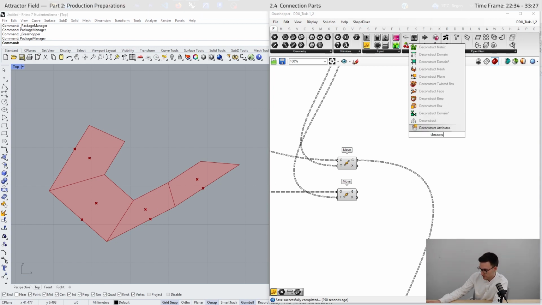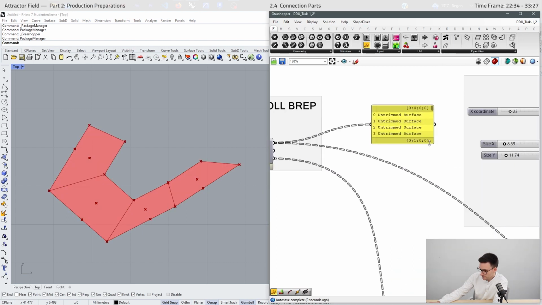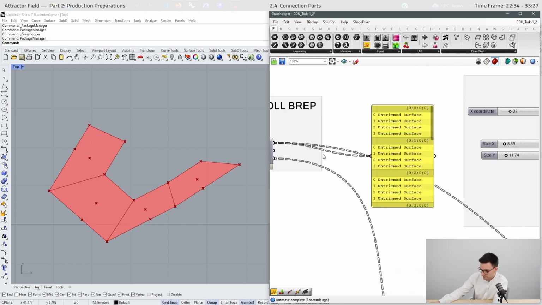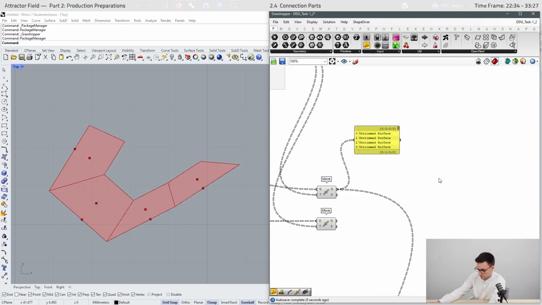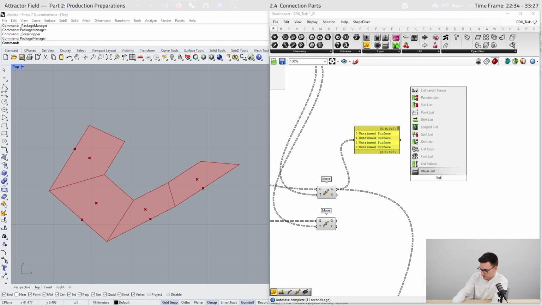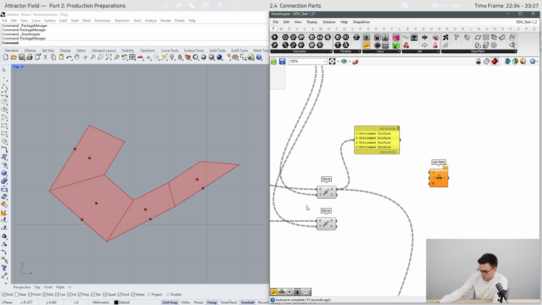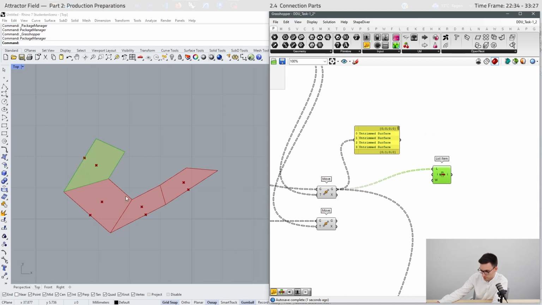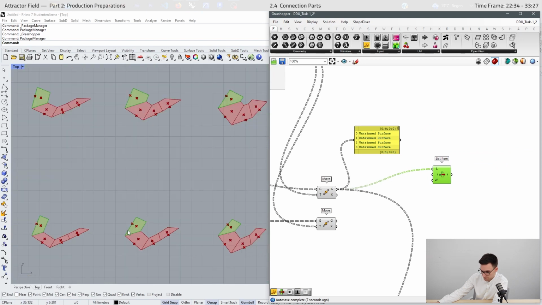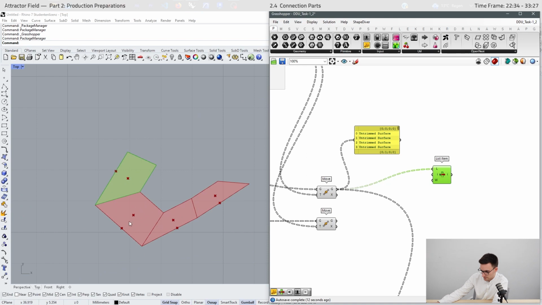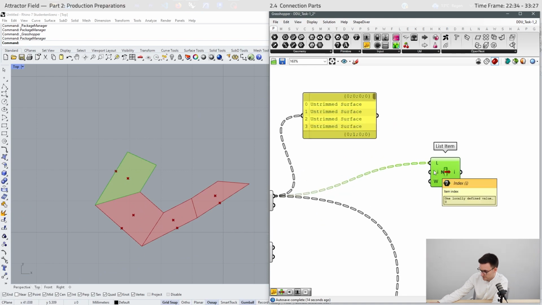Just deconstruct. We receive our BREP as surfaces, so we don't need to deconstruct it. We can just use the list item component. And here we have our first surface. If we select another surface, then we can change the index.